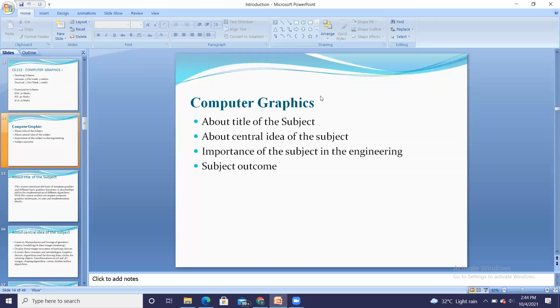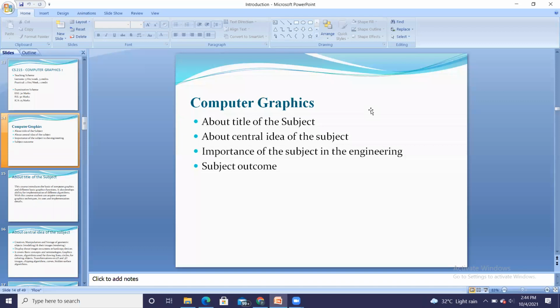All those objects together are the word graphics, or you can say its operations like rotation and reflection are nothing but graphics. And we are going to do these things with the computer, and that's why the name is computer graphics.